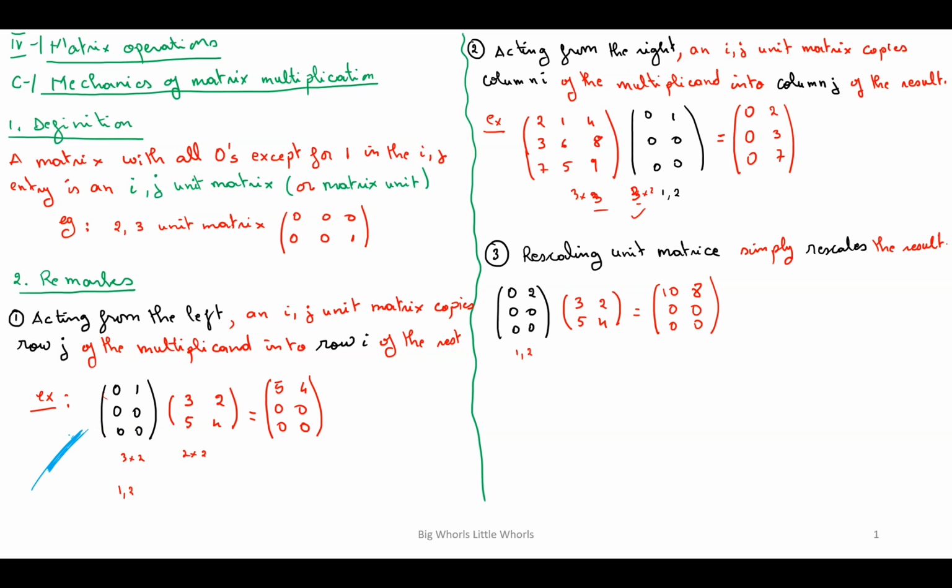This concept is important because we said that if you multiply an ij matrix from the left, what does it do? It acts on the rows, okay? And the other concept is